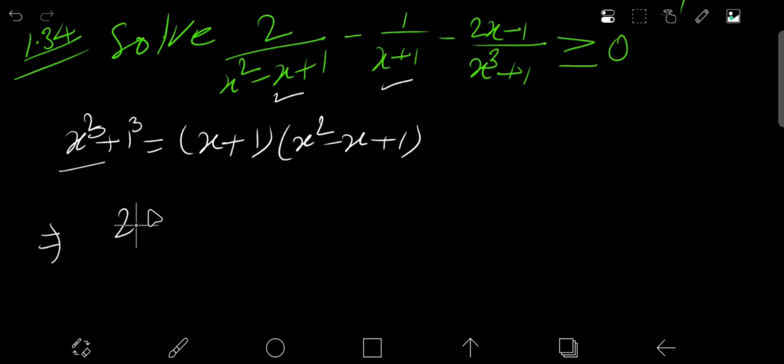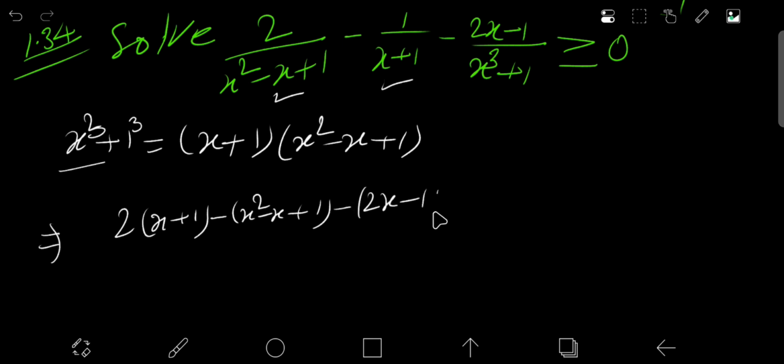When we divide, this gives 2x plus 1, and here is minus, so we put minus and write it separately, and here we get x square minus x plus 1, and minus 2x minus 1 all divided by